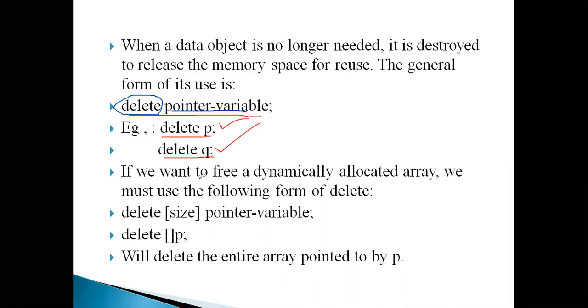Now, similarly to how you allocate the memory for the array, you can also release the memory dynamically for the array. How? Look at this: delete, you specify the size of the array and the pointer variable. So delete [] p indicates that this statement will release the memory for the entire array p. This is the way we delete, release or deallocate the memory dynamically for a single pointer variable or for an array. These are the memory management operators, both new and delete.